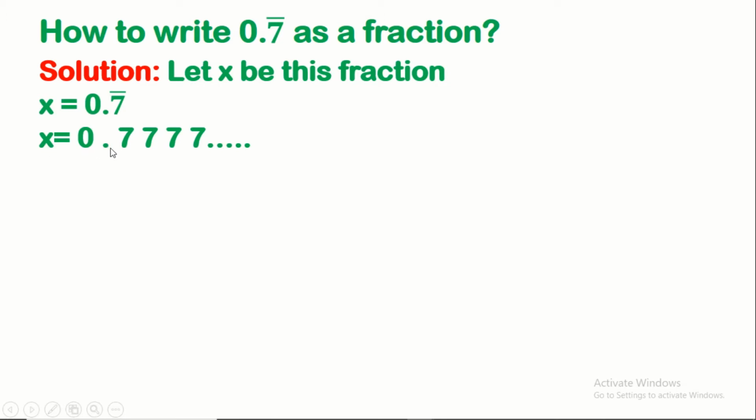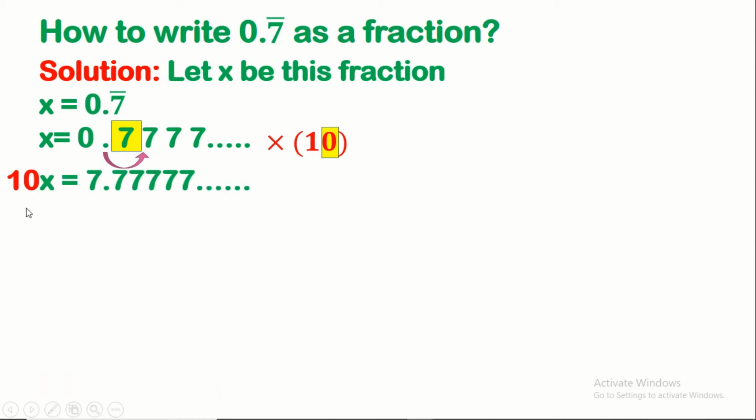Actually, x equals 0.777... How many digits are repeating themselves? One digit. So it's times 10. Well, we multiply it by 10. Why? We want to get rid of the decimal numbers. How to do this? Here, one digit in the periodic part, we use 1, 0, so we multiply by 10. Well, we multiply x times 10, 10x. Then we move the point by one digit. Since we are multiplying it by 10, we move the point one digit to the right. So 10x equals